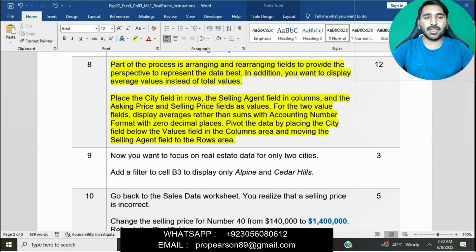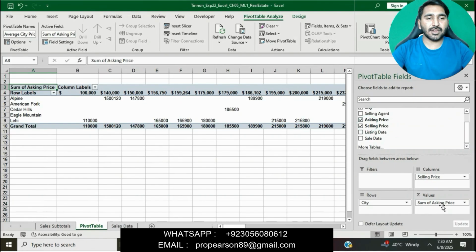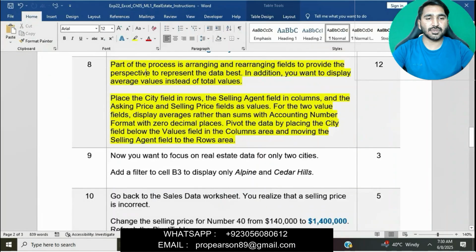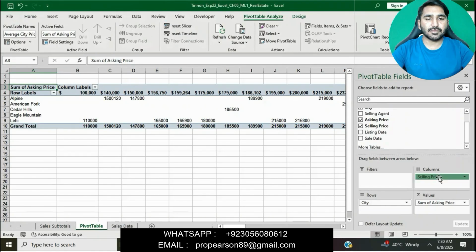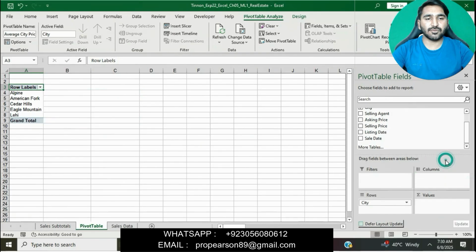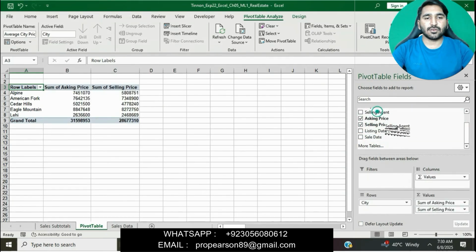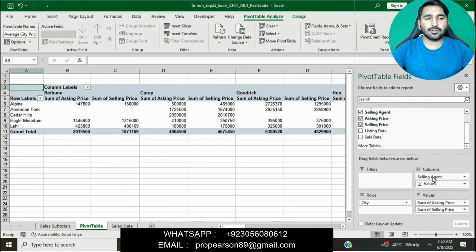We will move asking price and selling price to the values, remove this, and then place the selling agent in the column area.